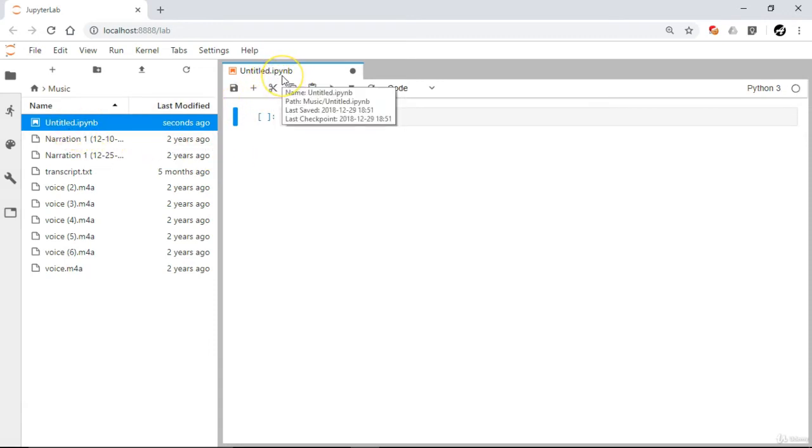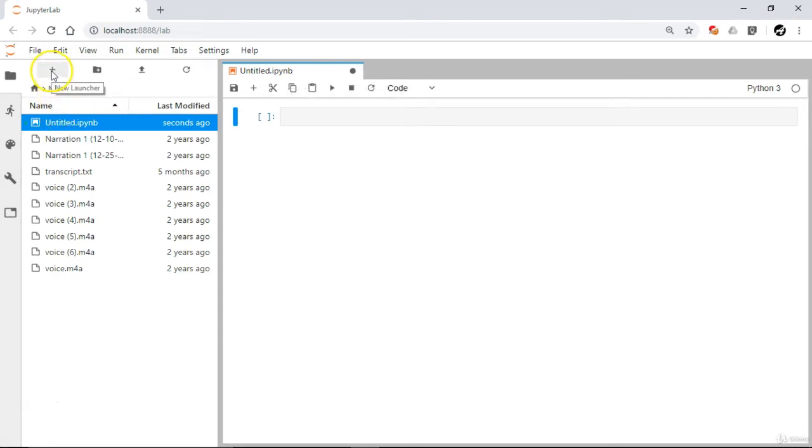untitled.ipynb file. Now the full form of this ipynb file is nothing but the IPython notebook file, because earlier when this project launched the very first time, it was named after the IPython notebook file, and after that it was renamed to the Jupyter notebook, and now we are running this same thing on a Jupyter notebook server, but with our fanciful UI like Jupyter lab, which is giving some more extra functionality.